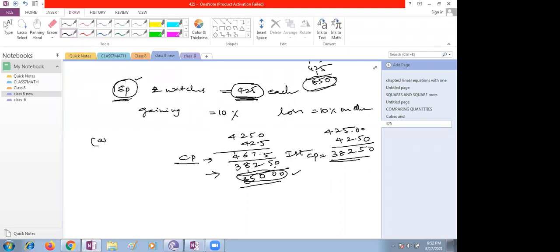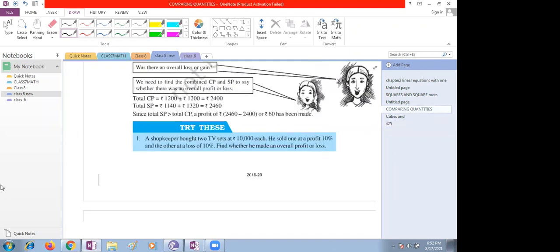There is no loss and no gain, right? Yeah, ma'am. That's all. Ma'am? Okay. Yes, Satvik. Ma'am, I just checked in Google, ma'am. They are saying the shopkeeper loses 1%, it seems, ma'am. The same question.